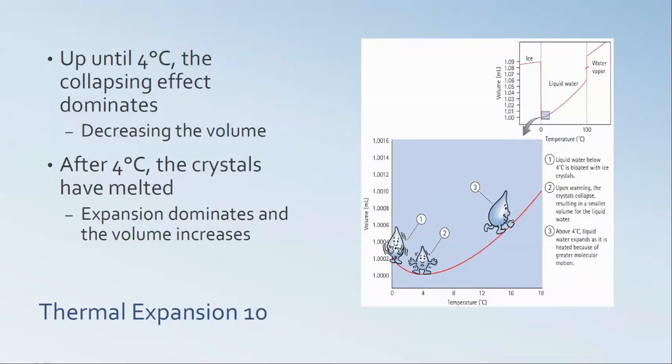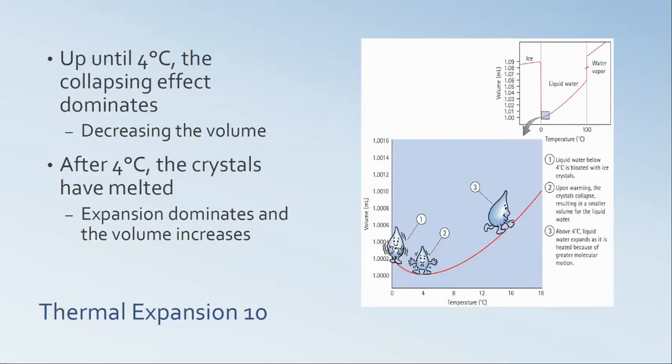Up until about 4 degrees Celsius, the collapsing effect dominates. So as those crystals melt, the collapsing effect dominates. So we can see that the volume actually shrinks. Once we hit 4 degrees Celsius, all the crystals are gone. And now that expansion can take over and the volume increases just like we would expect it to as we